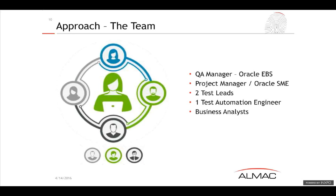So there was myself, as the QA manager. There was a project manager, and she was an Oracle expert as well, provided from TurnKey. There were also 2 test leads from my own team. I put 2 of my senior testers onto the team to ensure the success of the implementation, and there was 1 test automation engineer from TurnKey provided. And then we had on and off support with our business analysts throughout